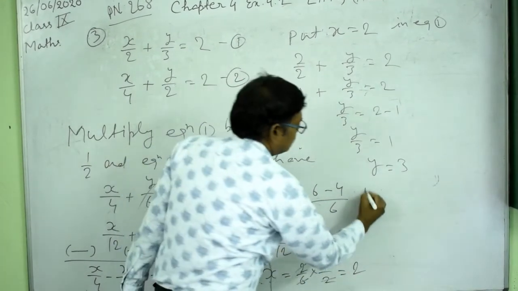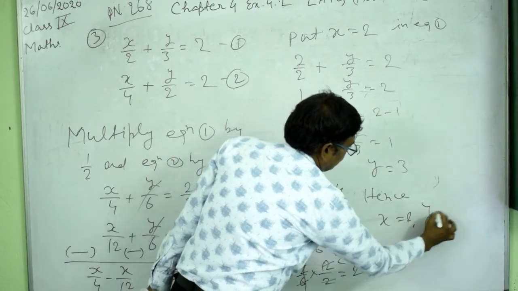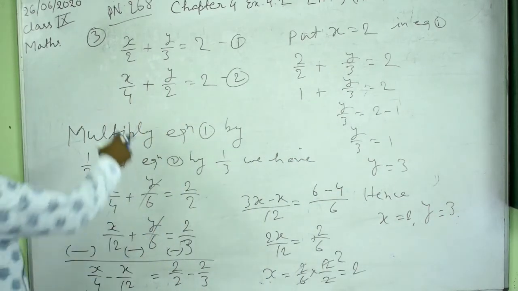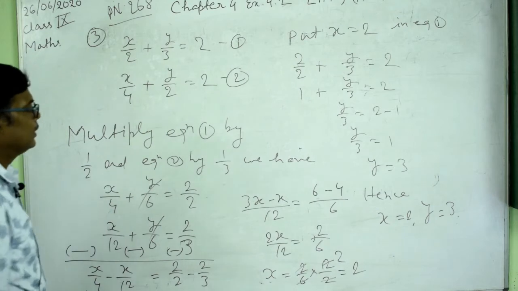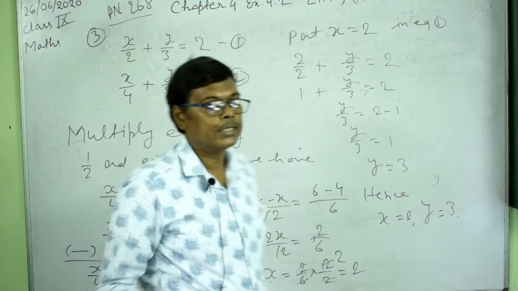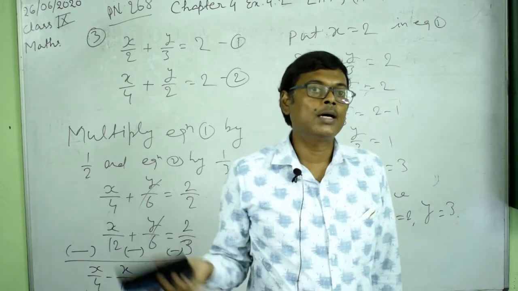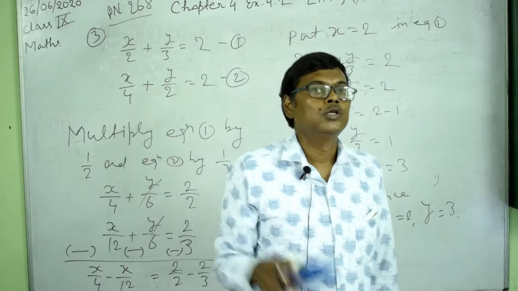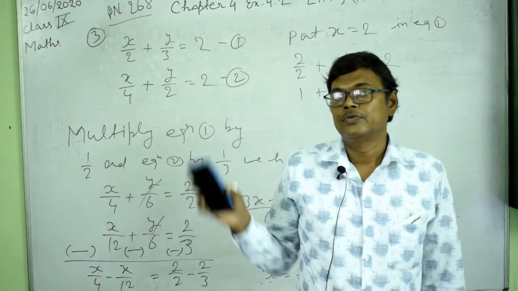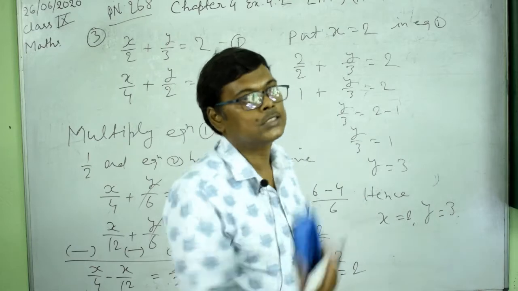So hence x equal to 2 and y equal to 3. Okay, so this is the answer of these two equations. This is the solution. So this is the method. I think this is the better way to solve as compared to the other way, where you will simplify and then again eliminate. So it is up to you. You can also use that, that is, first simplify the equations and then eliminate. But I think this will take less time than that.